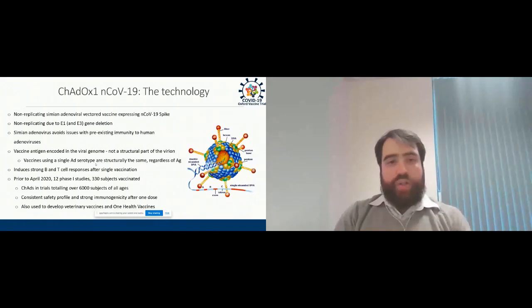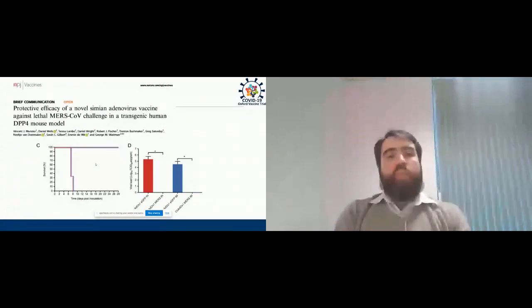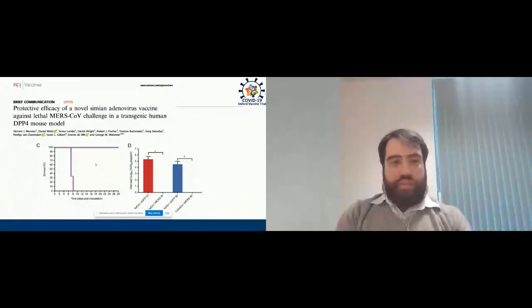At the Jenner, we've been working with ChAdOx1 vector vaccines expressing different sorts of antigens. We've been working on influenza vaccines, on TB vaccines, and most recently Rift Valley fever, chikungunya, and Zika vaccines. They all pretty much use the same technology, the same vector with different antigens. But I think one of the things that allowed us to move at the pace that we have during the pandemic was our previous work on the MERS-CoV vaccine, which is very similar to what we're doing with SARS-CoV-2. We had been working on a ChAdOx1 vector vaccine expressing the spike protein of a MERS-CoV